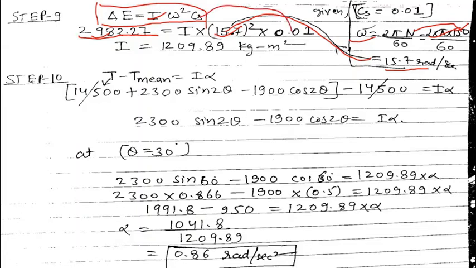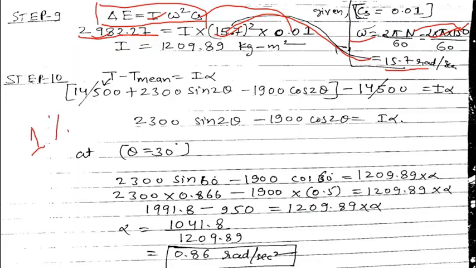And again, the last thing is CS. We have to find the value of CS. Now CS is 0.01. See how I am calculating the value of CS. Go back to your question, and in the question it is written that the value of the coefficient of fluctuation of speed is 1% of the mean speed.